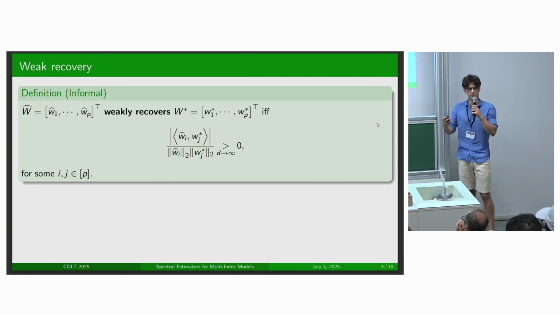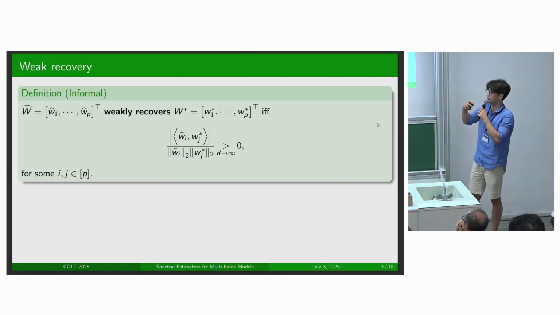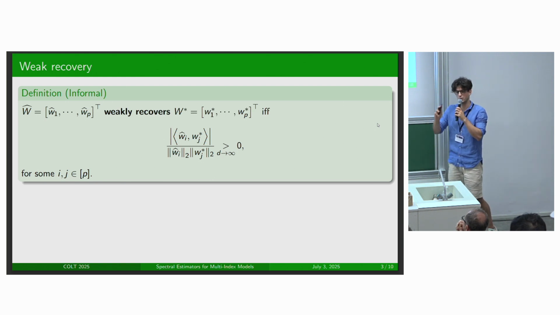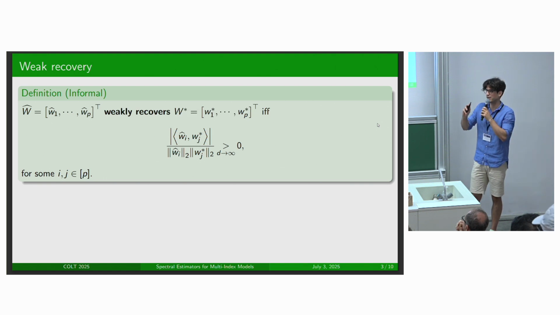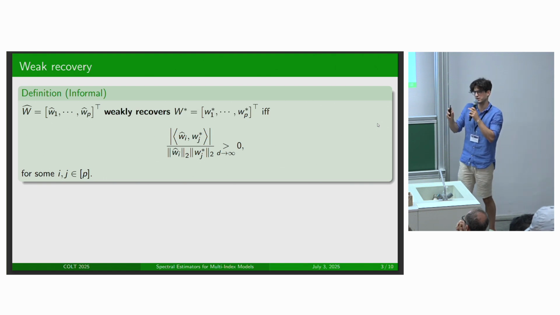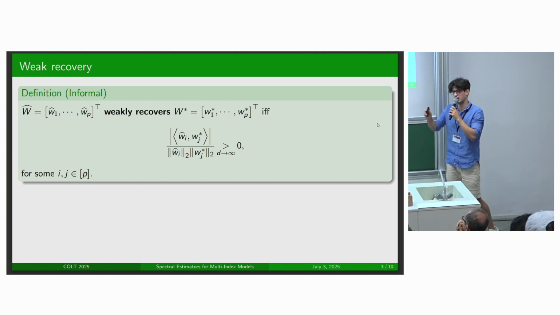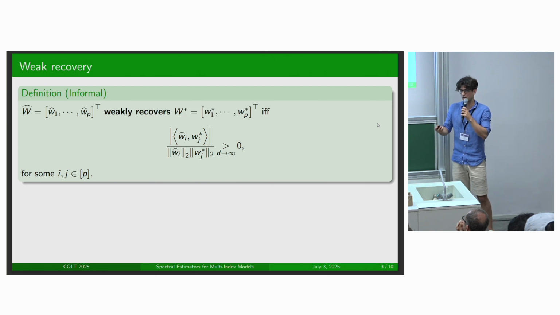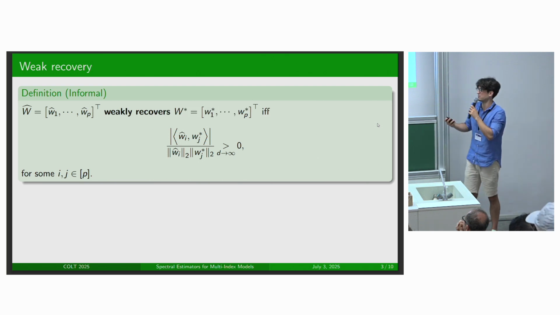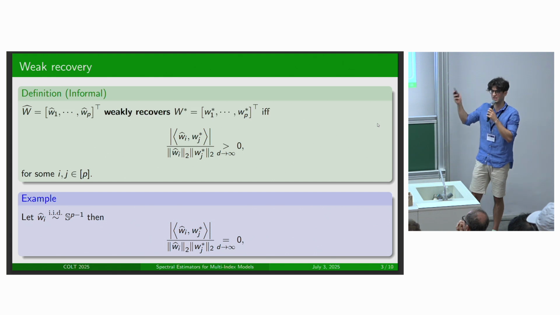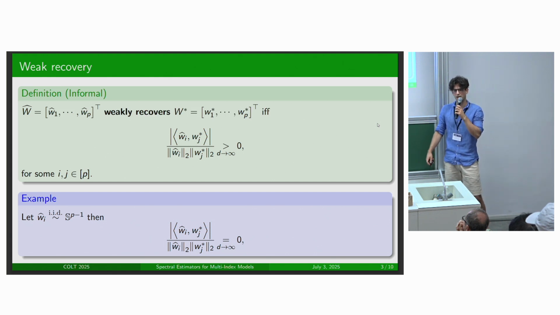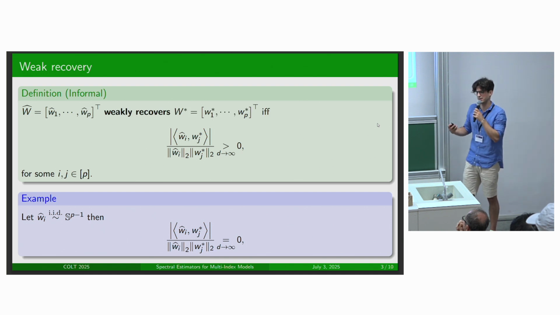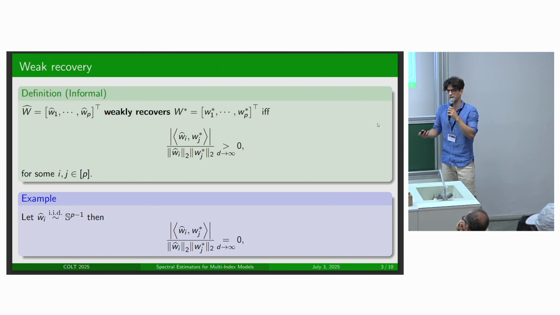To further formalize what we mean by weak recovery, we just want to come up with a matrix W hat where one of the rows overlaps with one of the rows of W star. So we want to say something, anything about a row of W star in a non-vanishing way when D is going to infinity. Why this is non-trivial can be demonstrated as follows: if we just sample our estimator W hat randomly from the sphere, the overlap is actually going to be 0. So we should come up with something a bit smarter than doing something trivial.